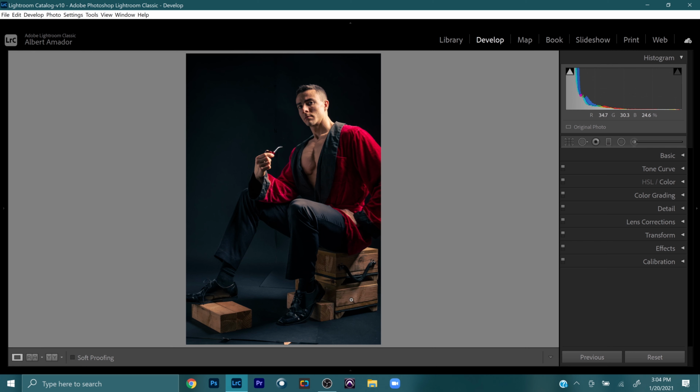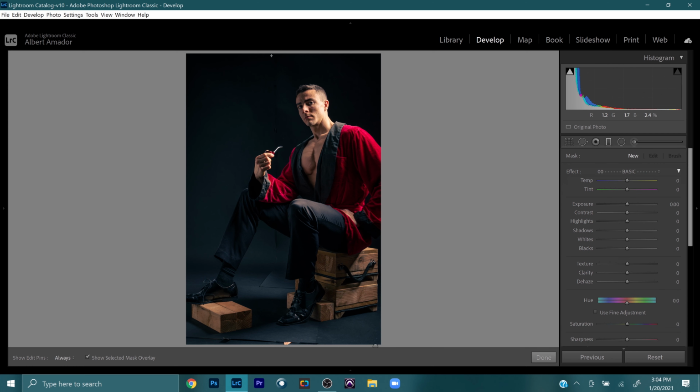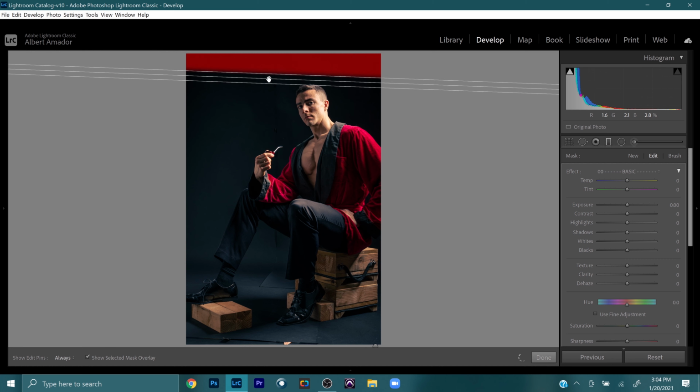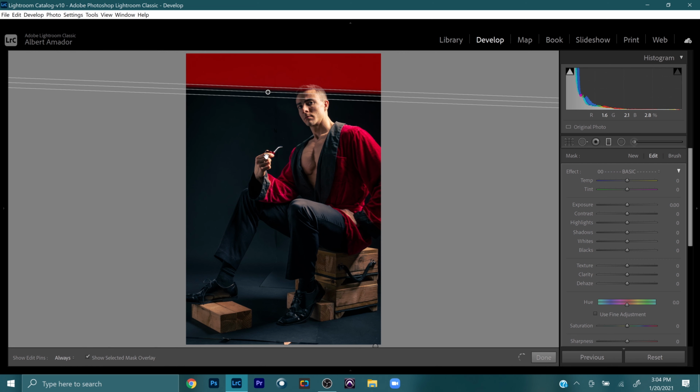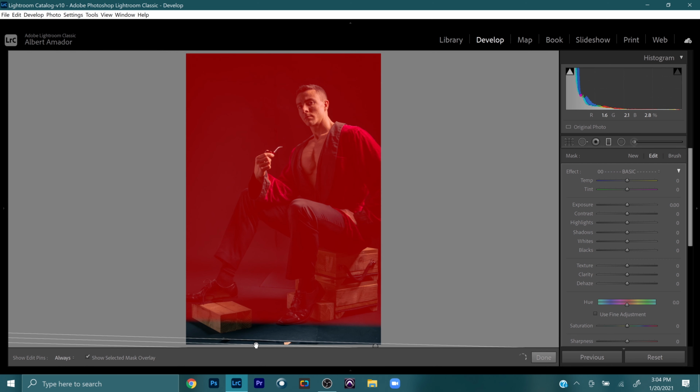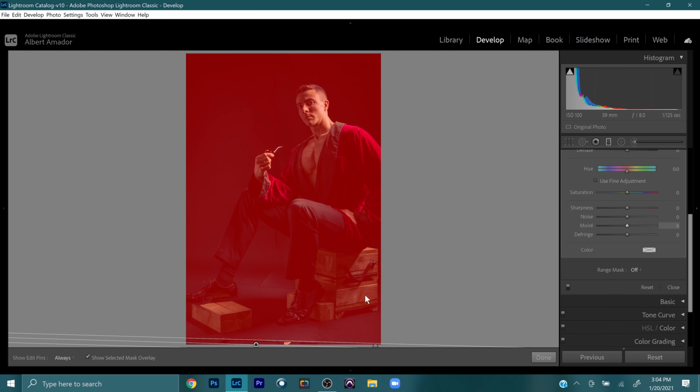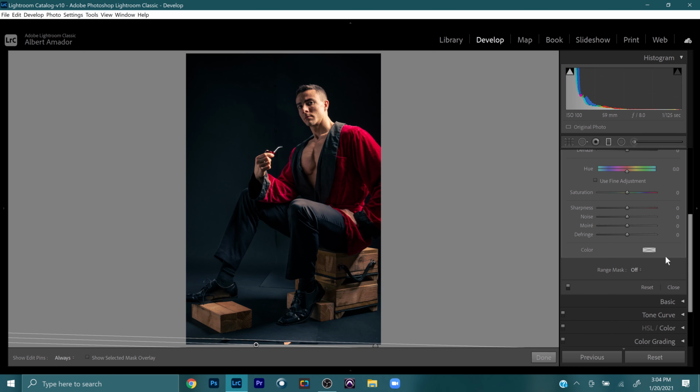like the boxes here. I would love to bring the exposure down on them. So the way I'm going to do that is by grabbing a graduated filter, and we're going to click and drag it down on your image. Bring it all the way down. Let me click circle so we don't see the filter. Let's go down to range mask and click color. We're going to take this eyedropper,